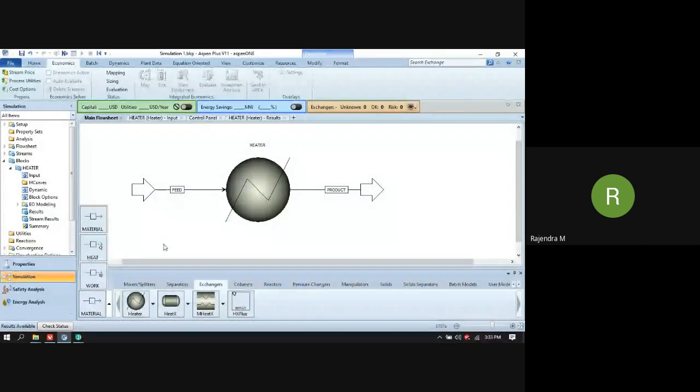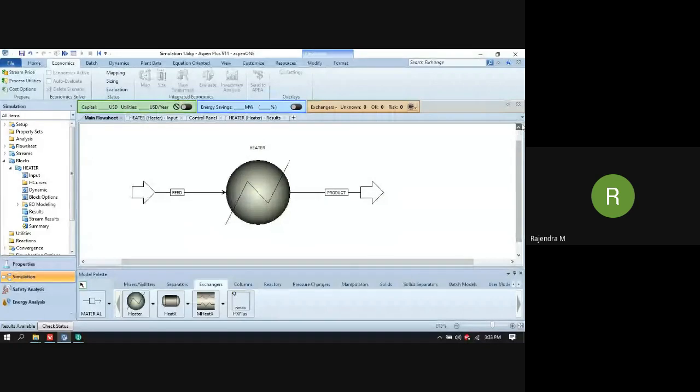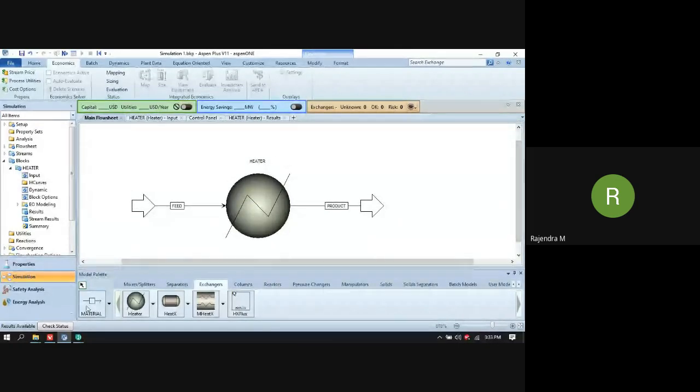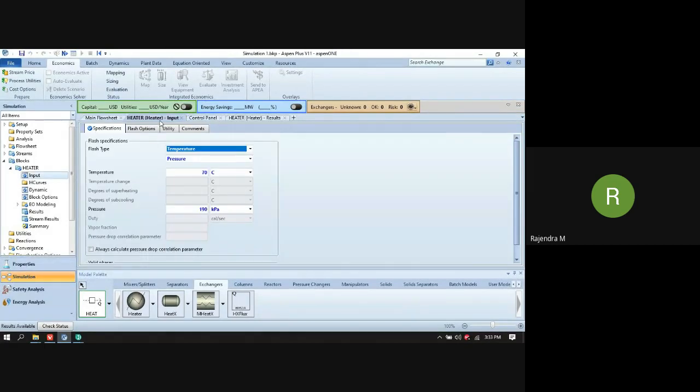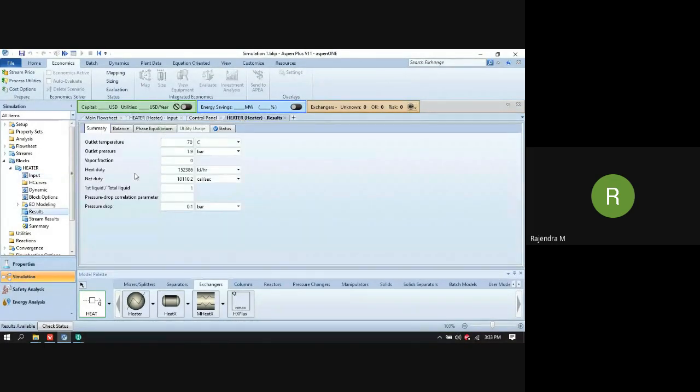When you connect an external energy stream to the heater, it will show you the net heat duty required and the heat duty based on the stream calculations, stream delta T. That is the difference between heat duty and net duty. And here will be first liquid, then total liquid. The fraction over here, we have only one phase, the liquid.